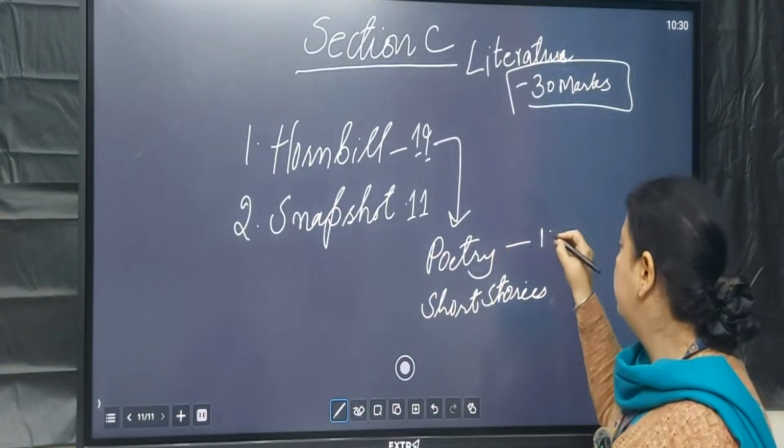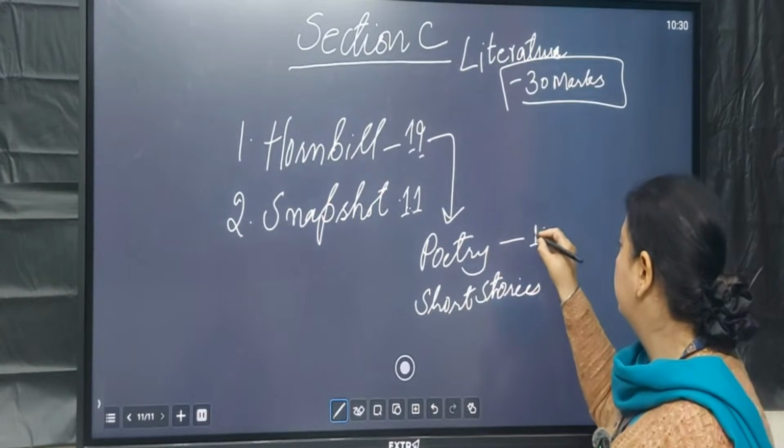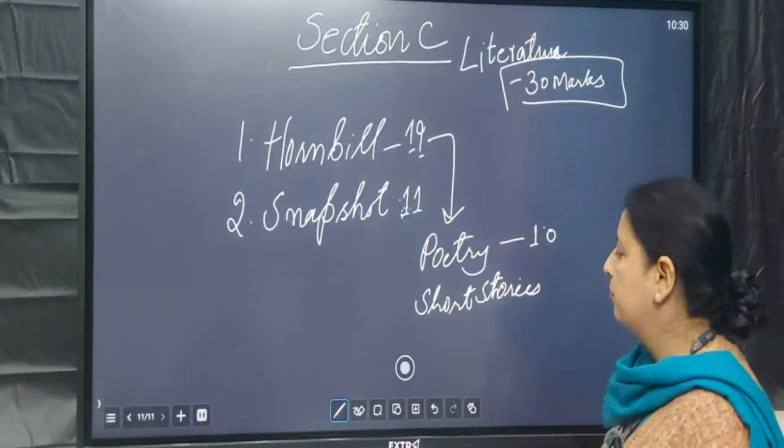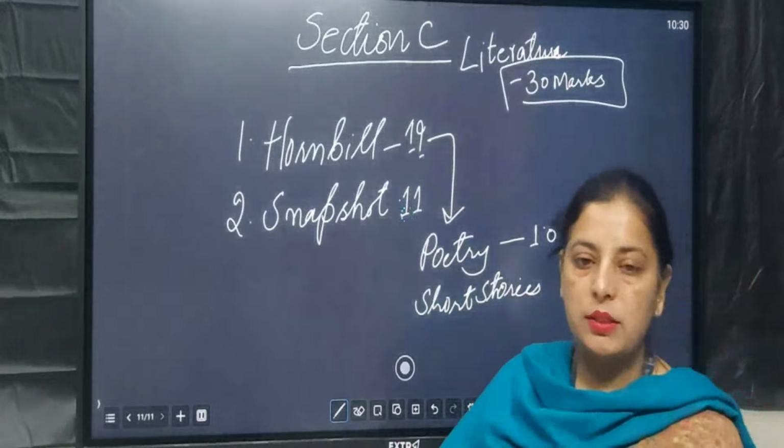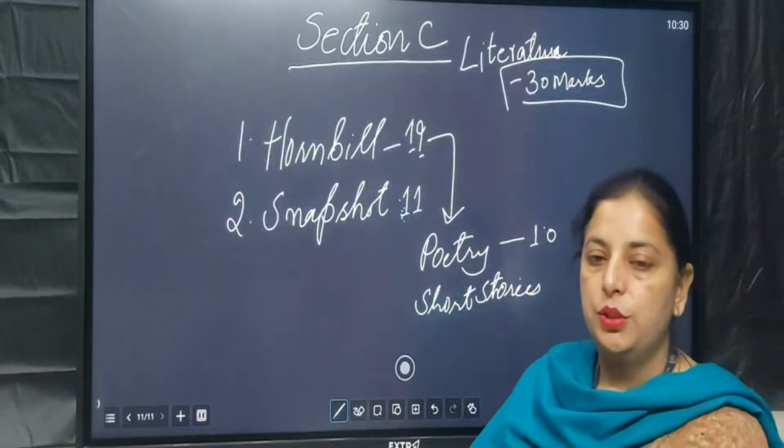Poetry is of 10 marks and short stories of